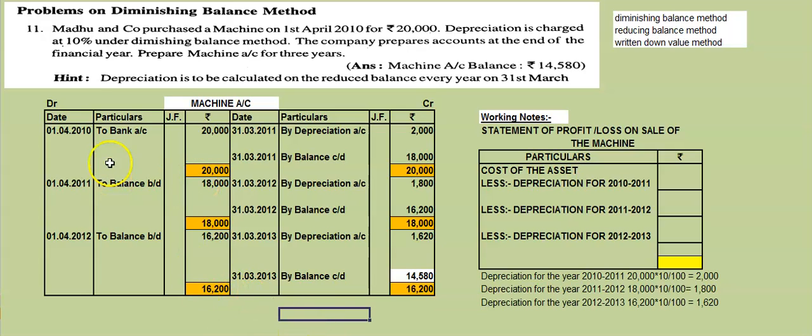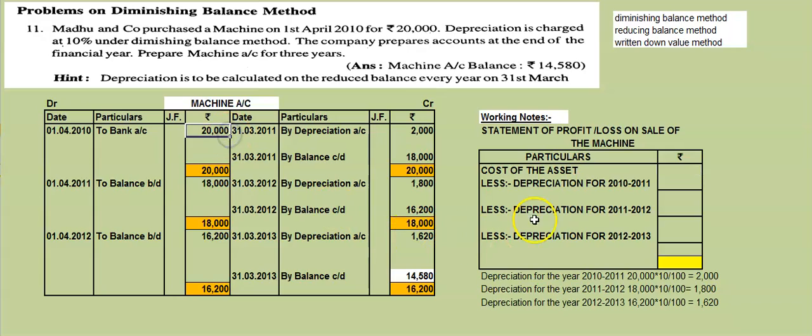So suppose, like in the straight line method also we had two assets, and if we sell the asset somewhere in the middle of the year, then how to find the profit or loss? For that you have to prepare this statement, no? So I will show this also. How do you have to do that?